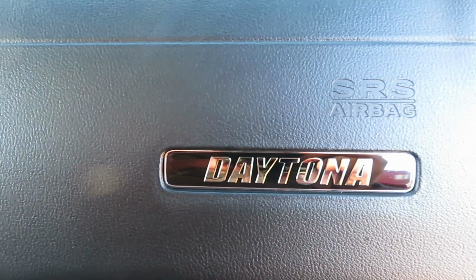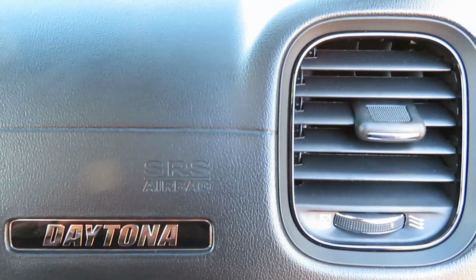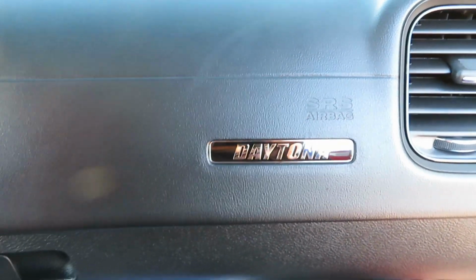Very, very impressed with this product. It works well on everything in the interior of this car right here. There are a few things, if you have some wood or anything, not to use it on, but it's done such a phenomenal job. One last thing I want to do real quick is this door seal here,